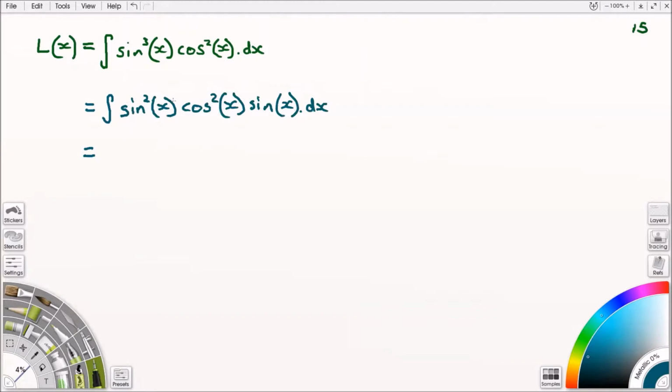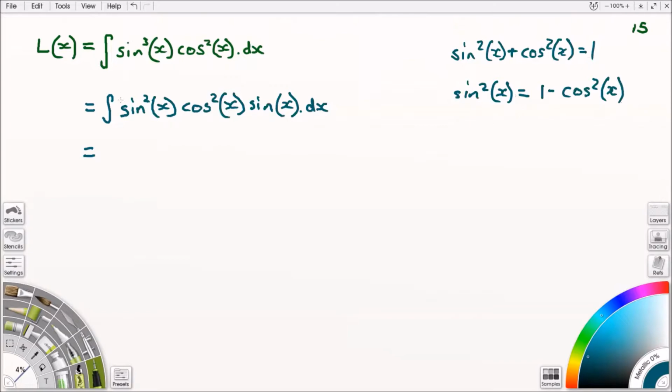And now we have this trig identity that says sine squared x plus cos squared x is equal to 1, which can be rearranged so that if we have sine squared of x, we can say that's equal to 1 minus cos squared of x. And how this is useful for our integration is now we can